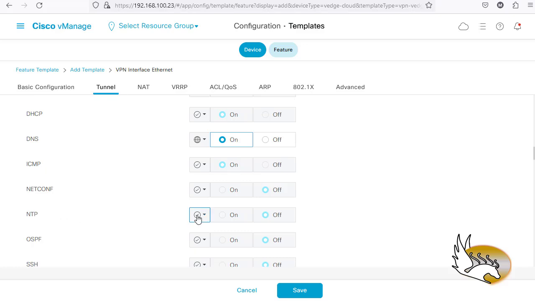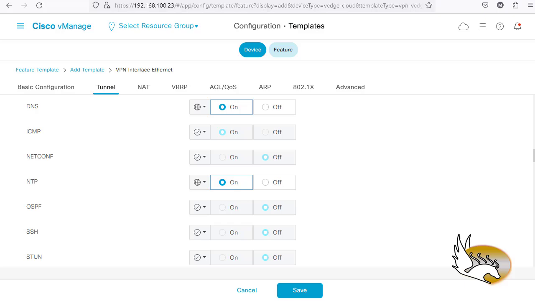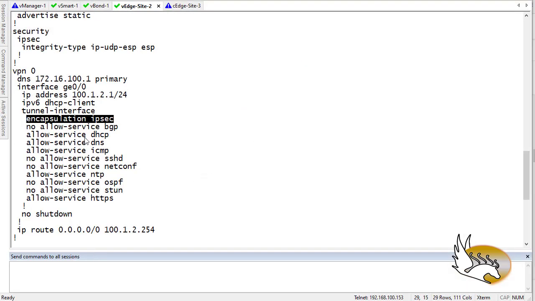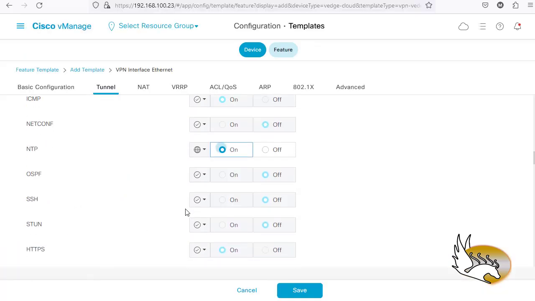Also NTP, I'm going to say all the devices are going to have it on. What else? What is the other service which is necessary for me? For now, NTP and DNS are going to be important, but the rest of the services for now I'm not using, for example, DHCP or stuff like that. Okay, so going back to here,